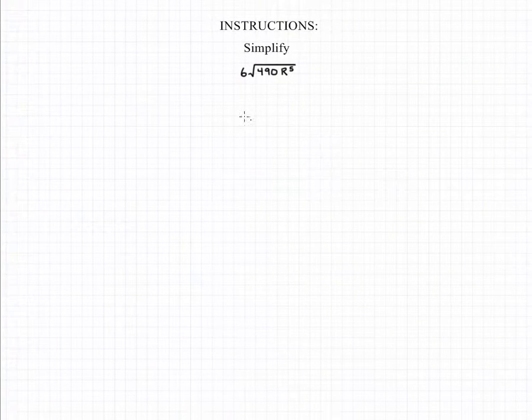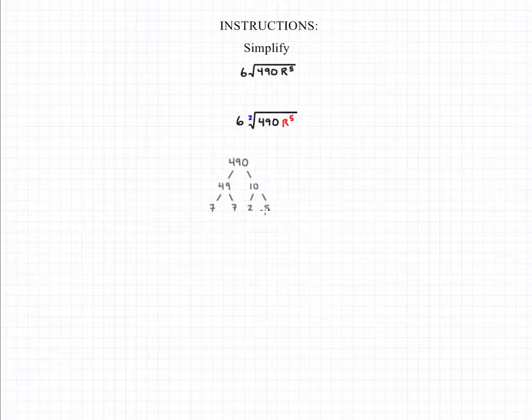In order to simplify 6 times the square root of 490r to the 5th, we need to look at the radicand, 490r to the 5th, and the root, which is 2. We need to take the radicand, take each of the pieces, and break them down into prime factors. So we can factor 490 into 7, 7, 2, and 5, and we can factor r down into r squared,